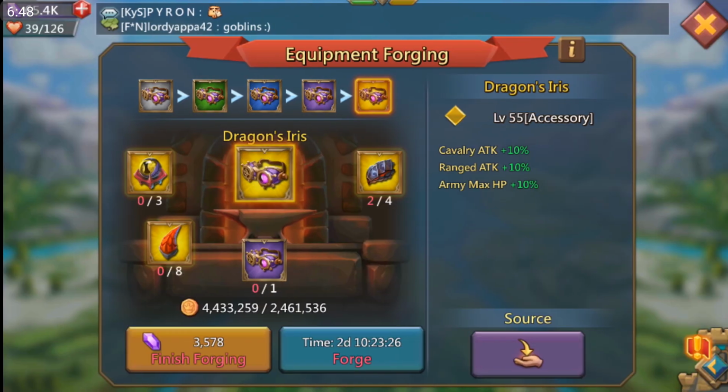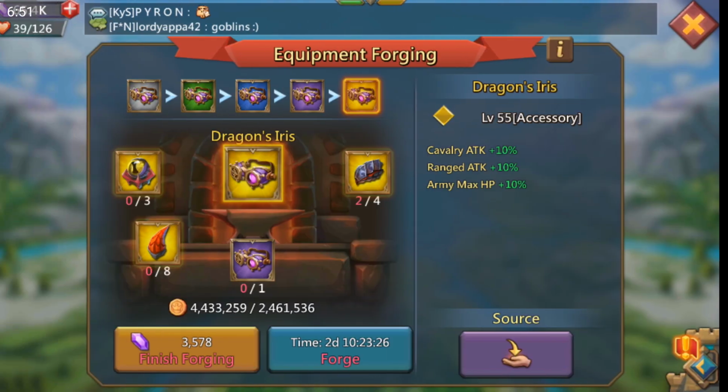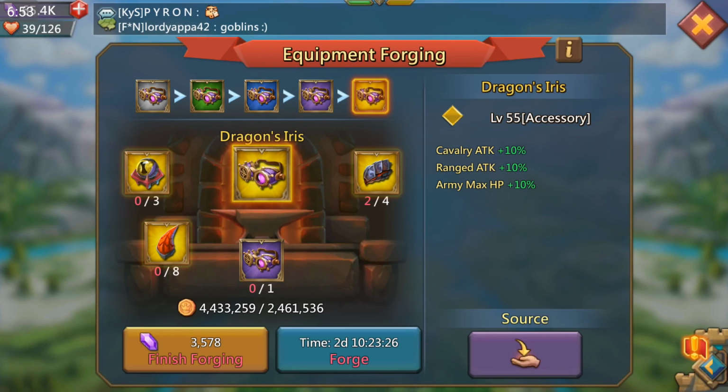So, with that in mind, if you were just to pick one, I would probably go with the Dragon's Iris, just because it splits up the boosts pretty evenly, and if you built 3, you'd be getting a 30% cav attack boost, 30% range attack boost. However, if you build one of each,